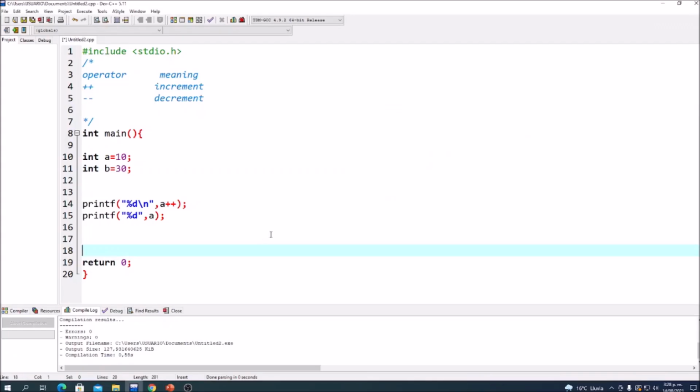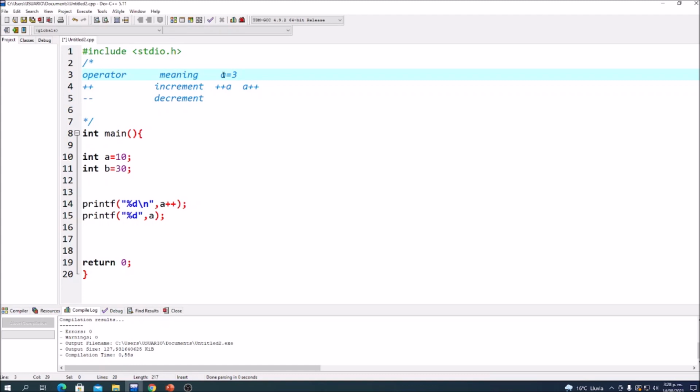Okay, now let's review the increment and decrement operators. Bear in mind that these operators can be either prefixed or postfixed. What does that mean? When you use a prefix increment or decrement operator, the operation of incrementing or decrementing will be executed prior. So this value A means that if you had a previous value of